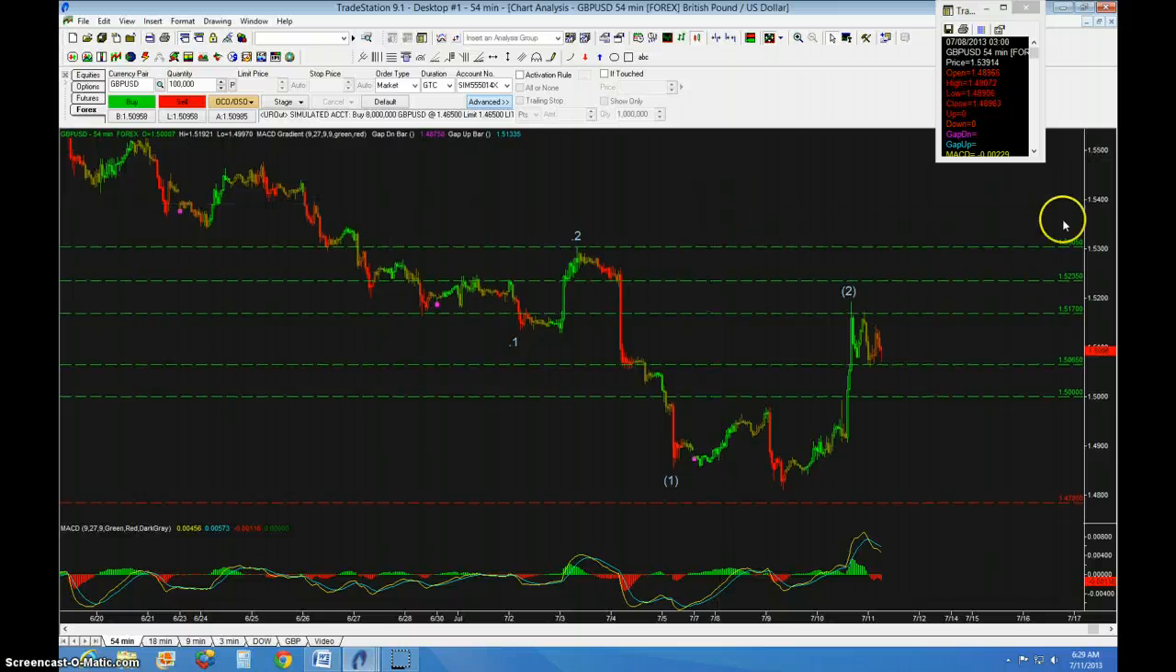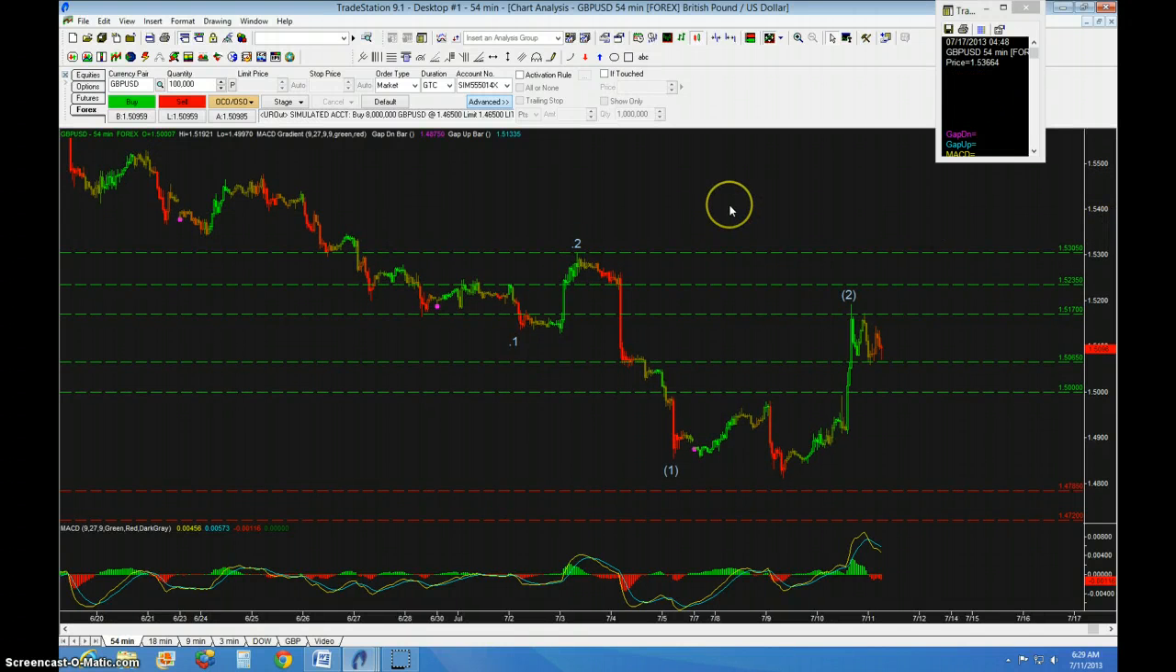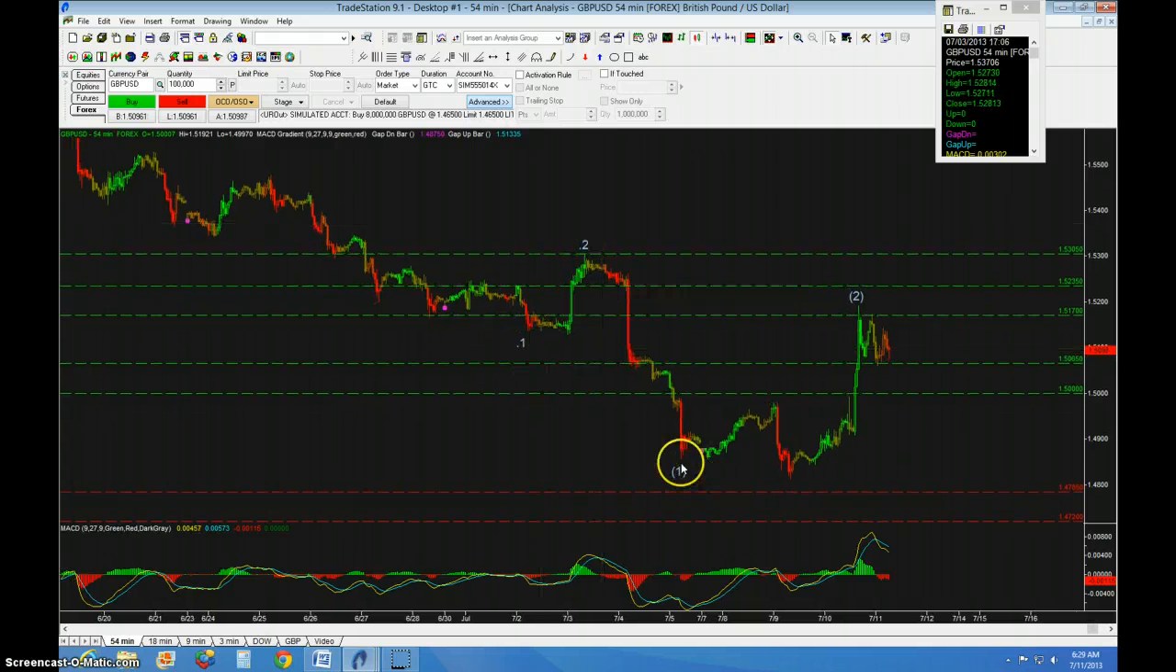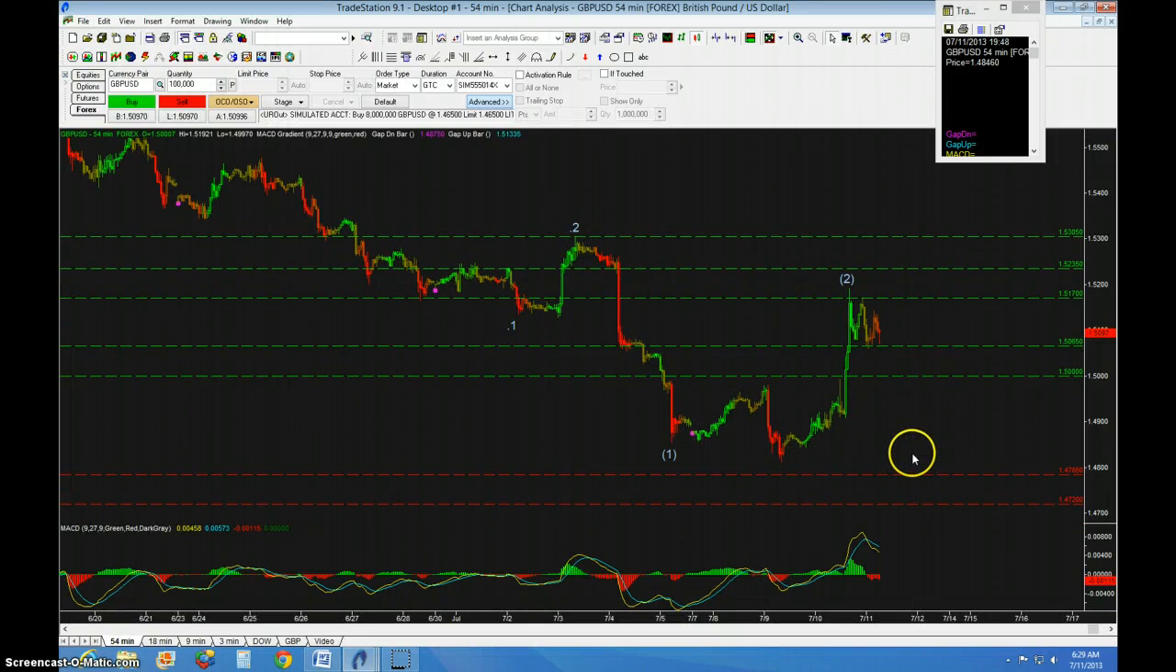Alright, so quick recap of how I've been counting this. I started out counting it as 1, 2, and then 1, 2. And that's the way I was going. And then because it wasn't pushing down, I kind of flipped over to 1, 2, 3. Was looking for a fourth wave, a push down, and a fifth wave that would be the shortest wave, and then a bounce up to this section right here. Well, I got the bounce up, but I didn't get the fifth wave, so it's looking like